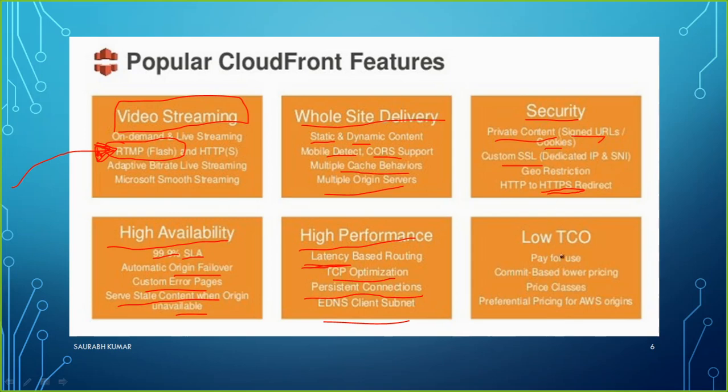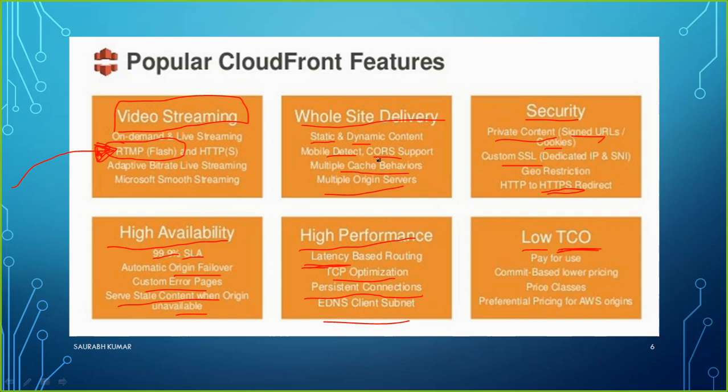Last but not least, that is low TCO. T for total, C for cost, O for ownership. So it reduces the total cost of ownership. If you are the owner of a site, it is going to reduce your cost, because you don't need to have a dedicated server, a dedicated engineer, a dedicated power supply and all those kinds of things.